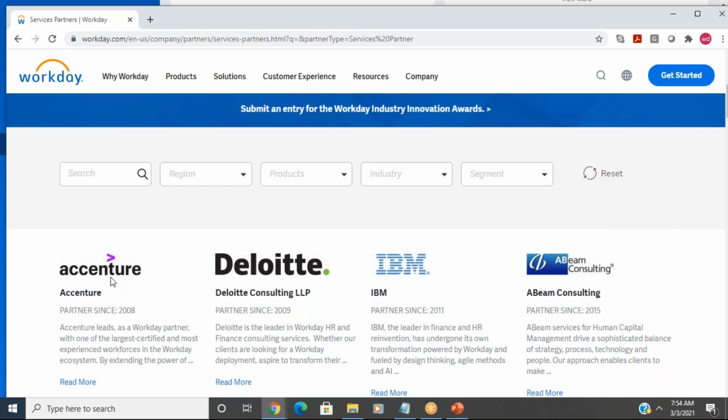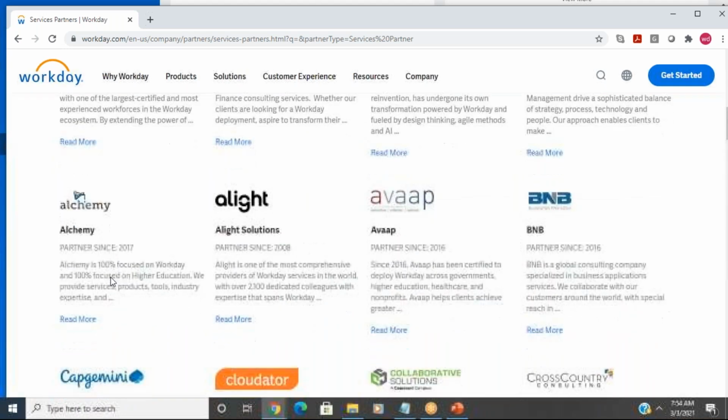There are 5 or 6 implementation phases. Workday will review at each implementation phase and give feedback on whether Accenture is doing it correctly or not. That is part of the agreement. Or Workday can also implement it directly, but they will charge more. US Federal Bank, very sensitive customers, used to do it. Very few customers are implemented directly by Workday. Most of the 99% of customers will go with one of these partner companies.